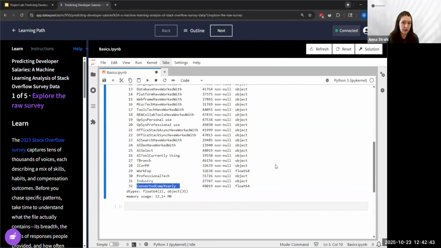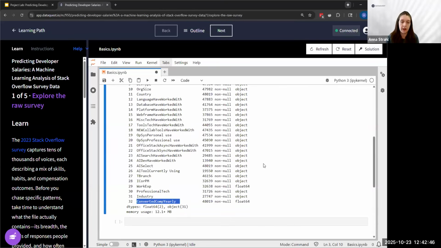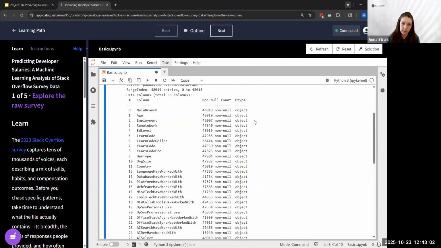Developers from all over the world answered this survey, but just so that we don't have to account for exchange rates, we're going to be using the Stack Overflow provided USD conversion here. And we can also see our data types.